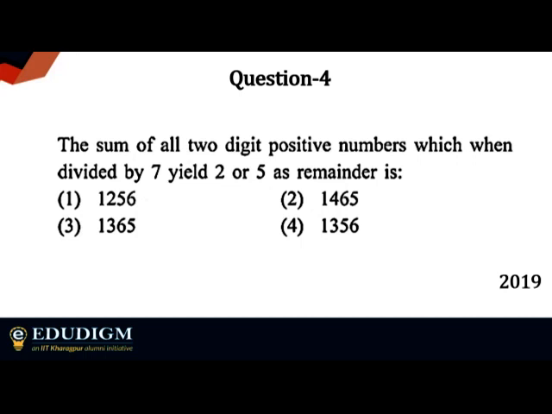If you have any problems here, you can let me know. Okay, so two-digit positive numbers, you're dividing them by 7. The remainder is 2 or 5. It's very simple. Just try with the least two-digit positive number which leaves 2 as a remainder when divided by 7, and then just go on. Similarly for 5, and just find out the sum. This is more like a sequence and series sum that we have done in the last class.